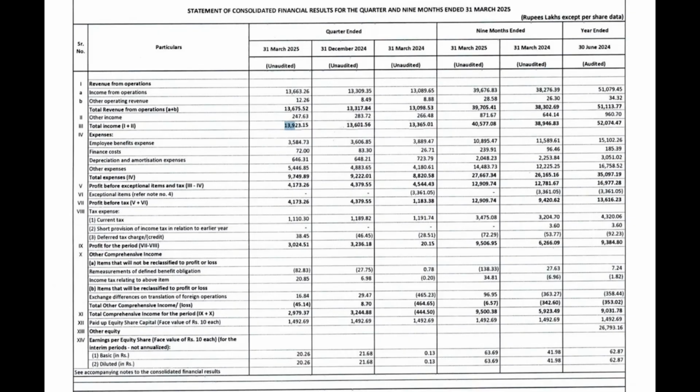For entire 9 months period also you can check, it is 405 crores compared to 389 crores, so about 16 crores, which is like 4% to 5% increase year on year. The total income for entire financial year, last financial year, was 520 crore. For this financial year it could be in the same range. Expenses as well, the total expenses is pretty similar. It's actually slightly lesser. For 9 months period it's pretty similar, and so it should be similar for the entire financial year as well.